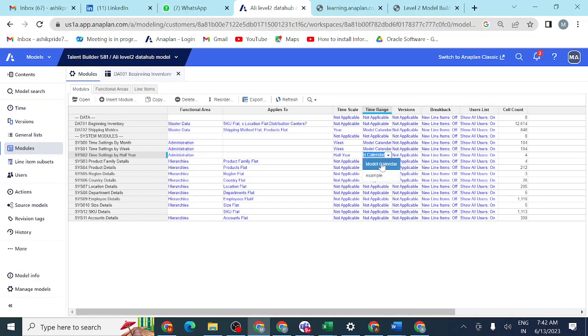If I want 3 years or 5 years, whatever we set for the model calendar, we can get it. But if I want only 1 year of data, I should select this one, the example I have set. So that is the way.